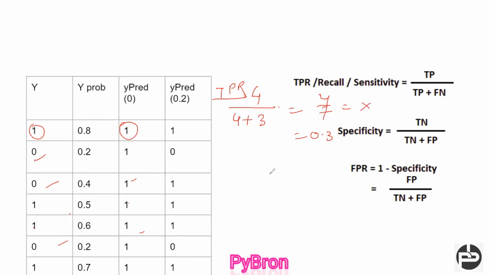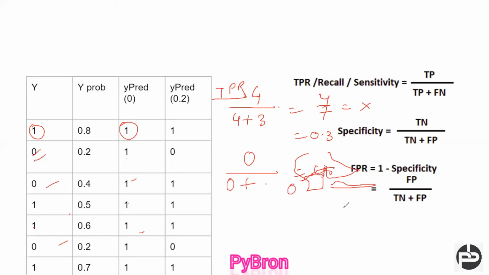Again, now we are going to calculate the false positive rate. What is the false positive rate? False positive rate means it is 0 for sure, but the machine has identified it as a 1. So how many cases are those? It is 0 and the machine has also identified 0. In this case, none of these points. So truly negative will be 0, because there are no such cases. So I can say 0 divided by true negative, meaning 0 plus whatever, it will be 0. Got it? So it will be 0.